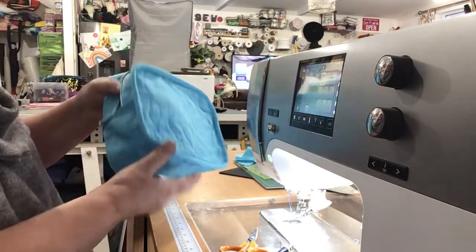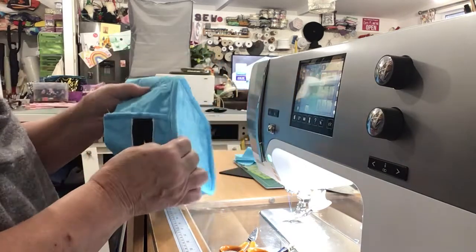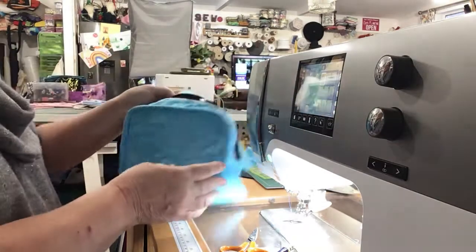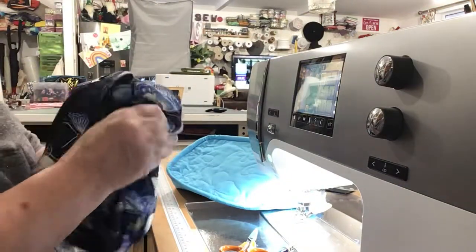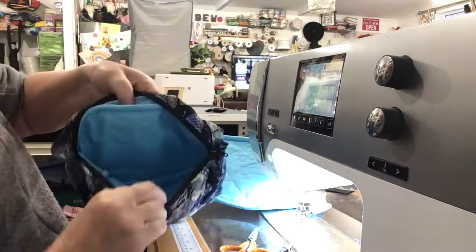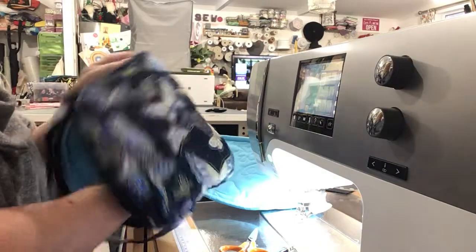So now you've got that lovely bound edge on your bag. And when you've done the other side, it will look like this one. So you've got the lovely bound edges in there and quite a roomy bag. So that